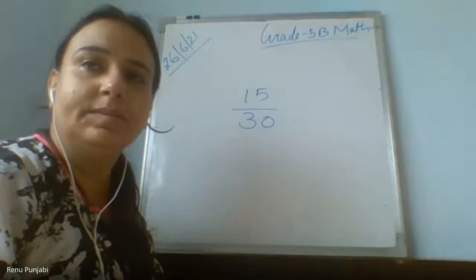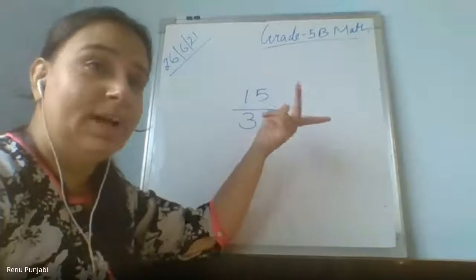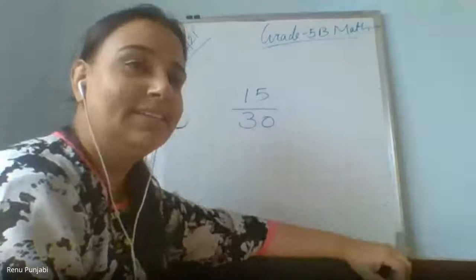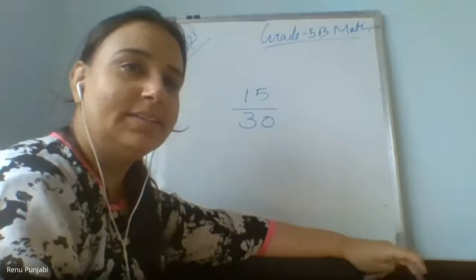Yes, Samriddhi. Ma'am, 5 upon 10. How 5 upon 10? 5 upon 3. I think you're telling it upside down, Dhyan. 3 upon 5. Yes. How have you tried, Dhyan? How did you try? Ma'am, because it was 15, I removed 1, and down it was 30, so I removed 0.